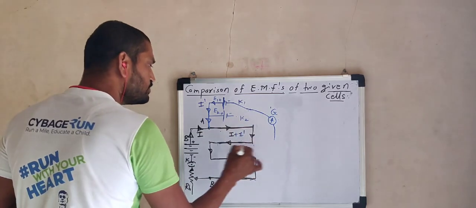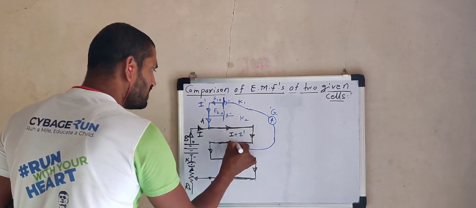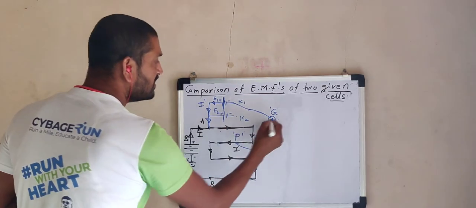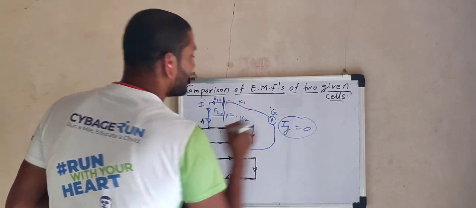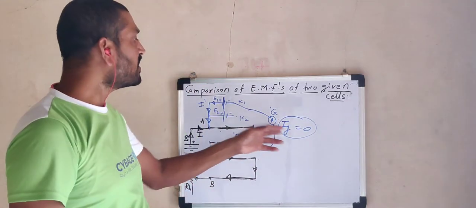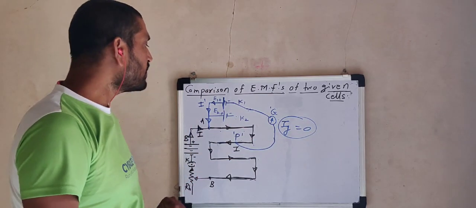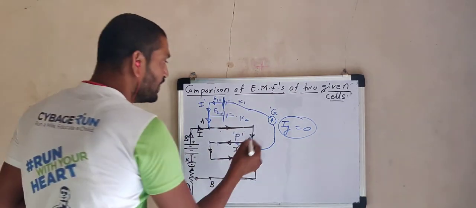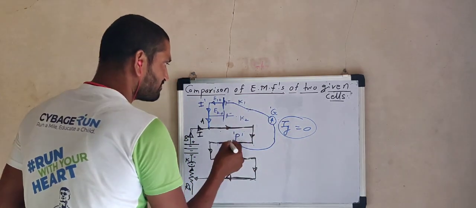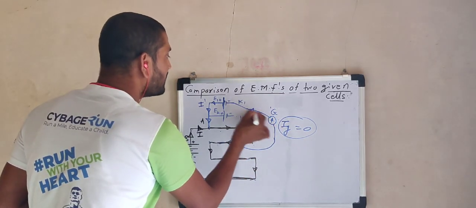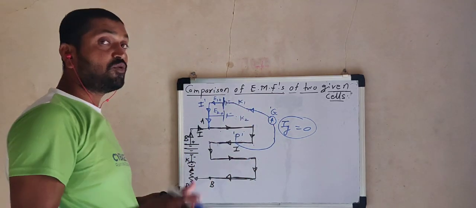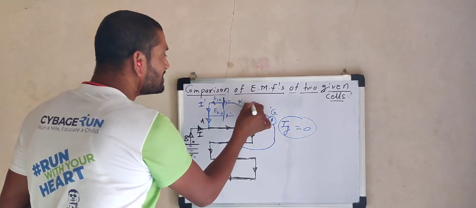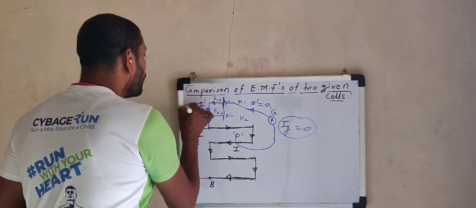Suppose now while sliding the jockey, somewhere we get a point P. Suppose this is the position of point P for which this galvanometer shows zero deflection. What does it imply? No current flows through this galvanometer. As no current flows through the galvanometer, we can say that this potentiometer is balanced. No current flows through the galvanometer means no current is returned to the negative terminal. The general rule is that whatever current is drawn from the positive, the same current is returned to the negative. As no current is returned here, I dash is 0, which means that no current is drawn.